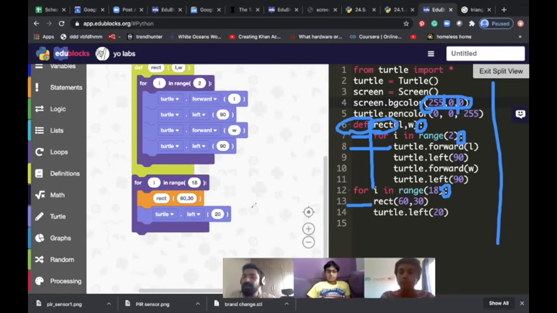If you can do that, I'm happy. So tomorrow, what will we do? Tomorrow we will try to do a few more things with turtle. And if you are good enough, then we will try to create the symbol of Audi or the symbol of the Olympics. Both are more or less the same. So we will try to play with circles tomorrow, and while playing with circles, we will learn a few more things. That's all from my side.